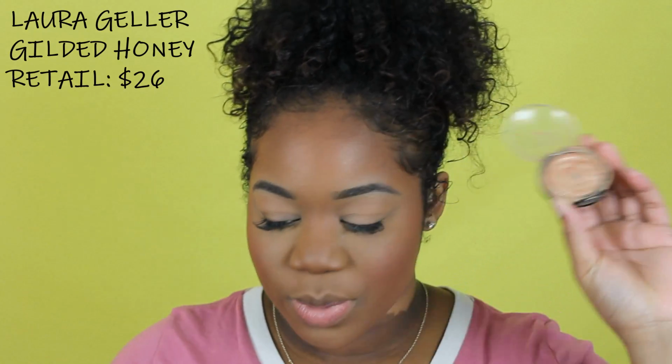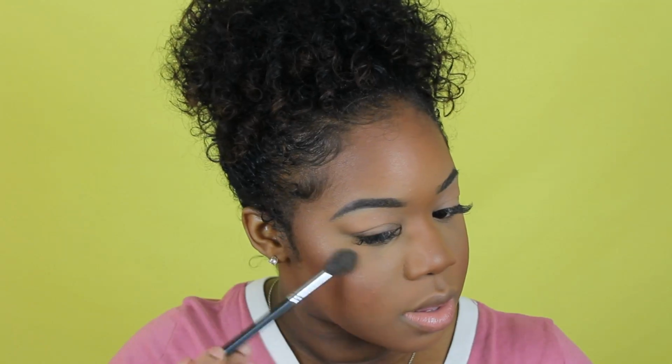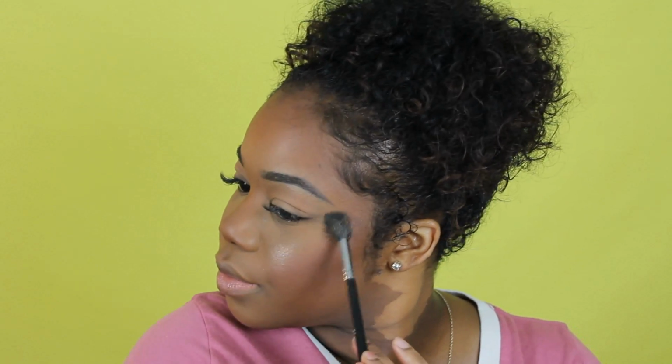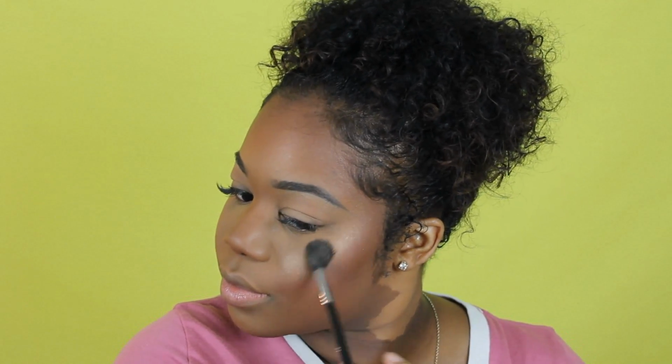Alrighty, now we can go in with some highlighter. And the highlighter I'll be using is the Gilded Honey by Laura Geller. And I am taking this highlighter brush by Morphe. This is the M501 brush. Looks like this. Just a nice fluffy brush. Go in. Highlight the highest points of your face, which is the tip of your cheekbones, your chin,